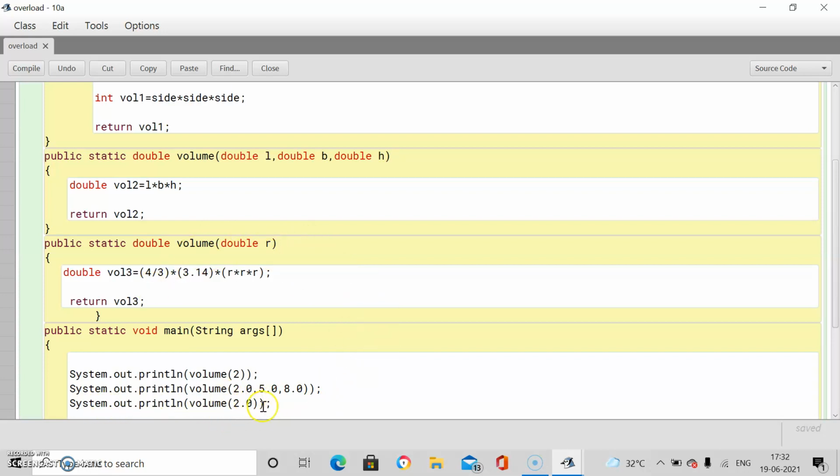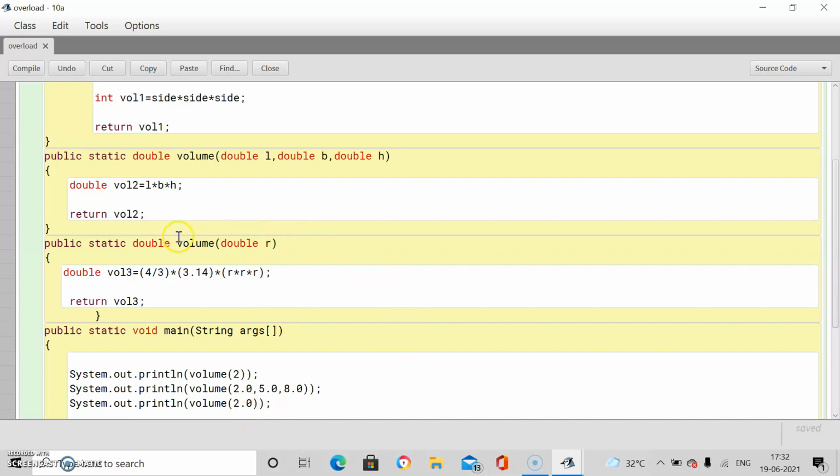When the third SOPLN statement gets executed, volume 2.0 matches this one. As the first and third both receive a single parameter, it will search for the type of parameter then. If the number of parameters is the same, there must be a difference in their type or number. So the number of parameters is the same but the type is different.